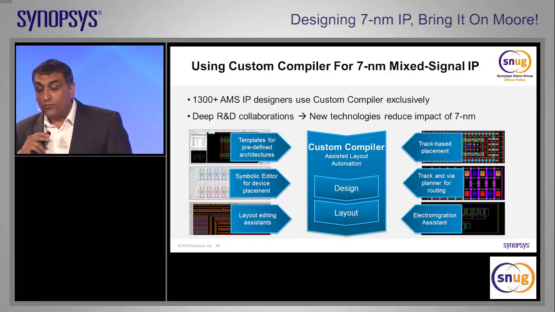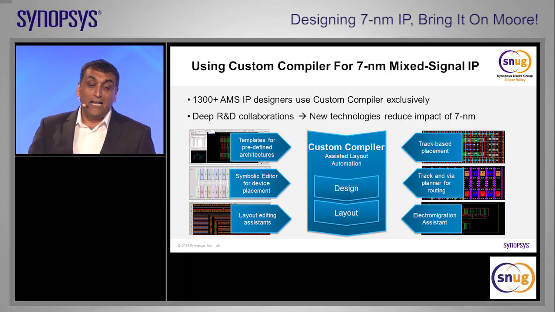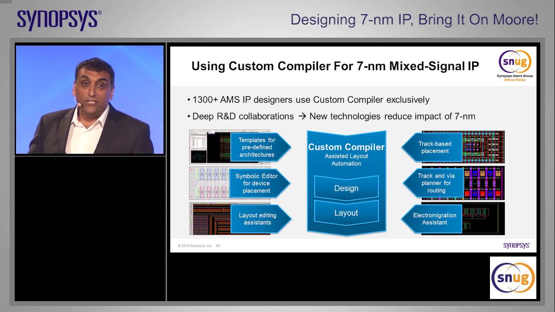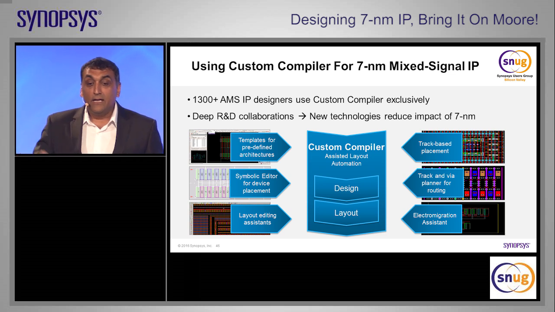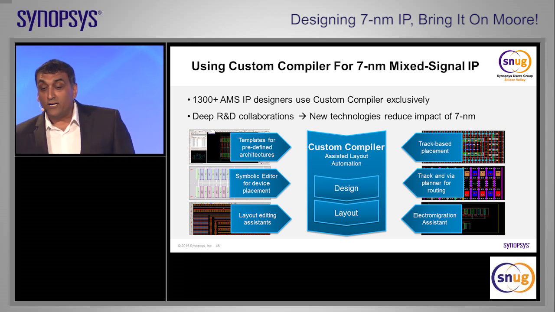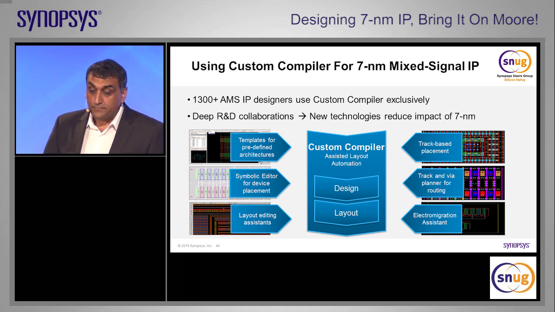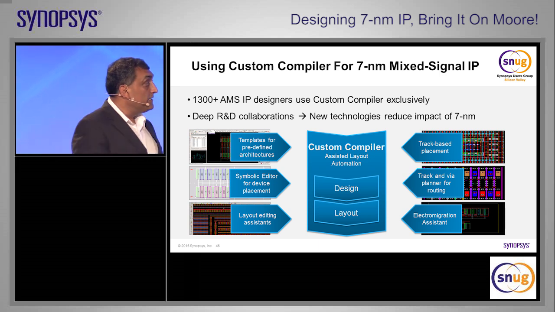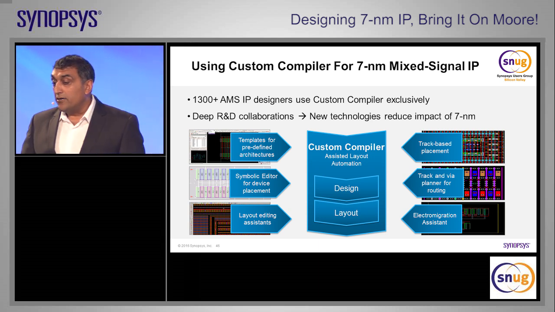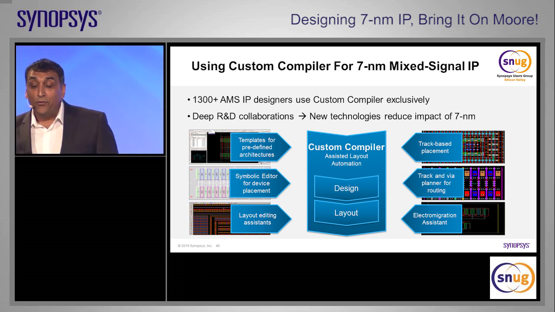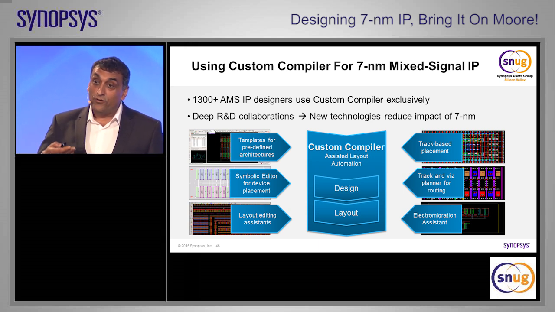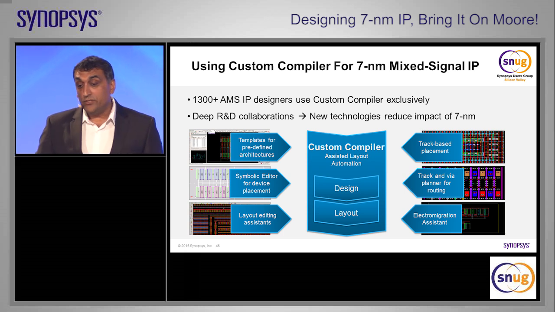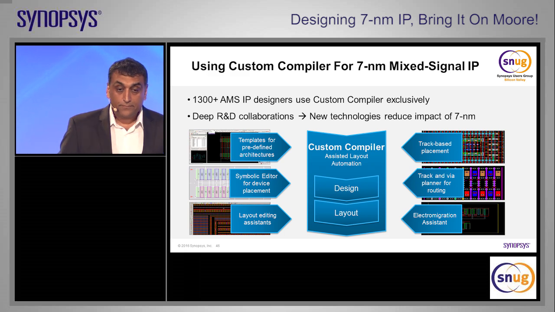So this is the tool that I mentioned that we're using to develop some of the analog mixed signal IP. It has a good install base, a lot of great collaboration between the IP development team and the Custom Compiler team to support custom development on 7 nanometers. One of the key things that I like about this tool really is the ability to do electromigration, IR drop prediction before you actually do all your layout. So that's a really cool facility that you don't have to go all the way to layout before you see the impact of electromigration, which is actually increasing on 7 nanometers.